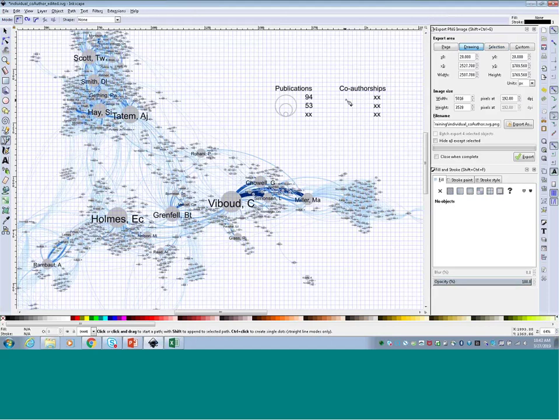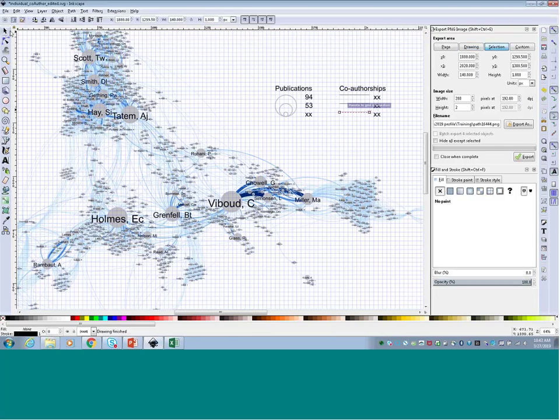I'll click once to start the line, and then double click to end the line. Again, I will single click to start the line, and then double click to end it, single click, double click. We can adjust the alignment a little bit later on, but I just want to get the lines in there so that I can start working with it.